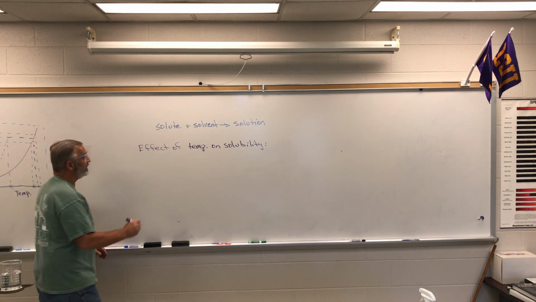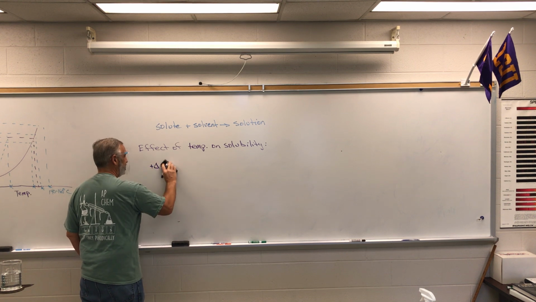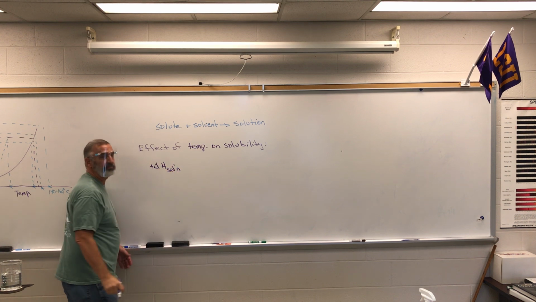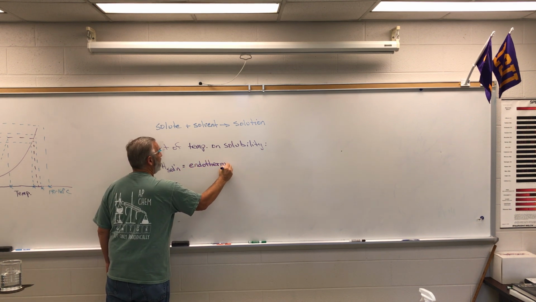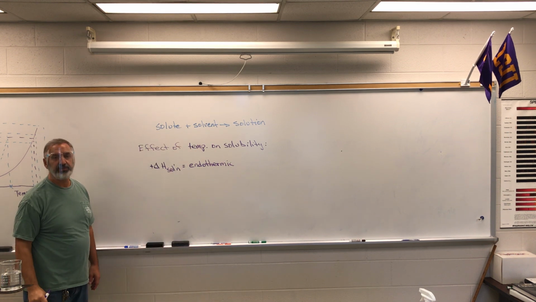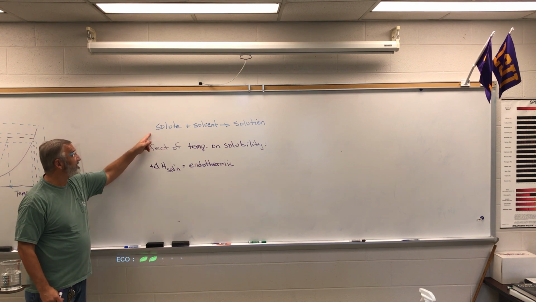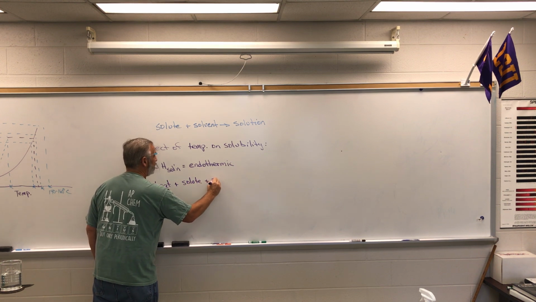So if we have a positive delta H of solution, that means that it's endothermic. So where would heat go in my equation here? Where would heat go, on the left or the right? Are you adding heat or is heat being released in an endothermic reaction? Adding heat is positive. So I'm going to say heat plus solute plus solvent